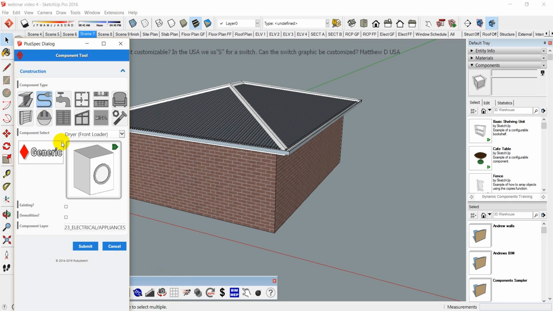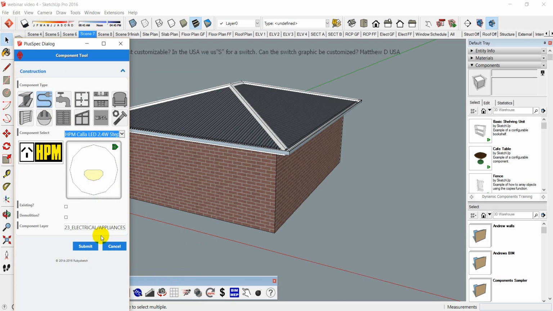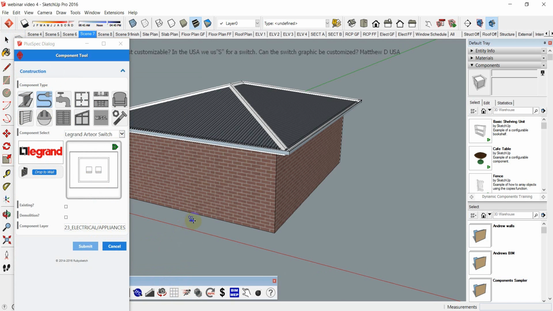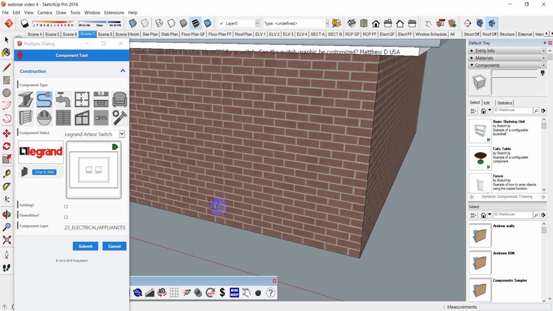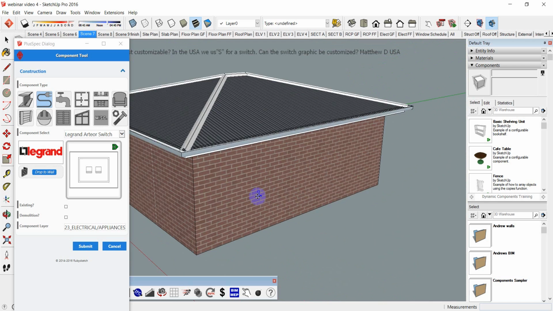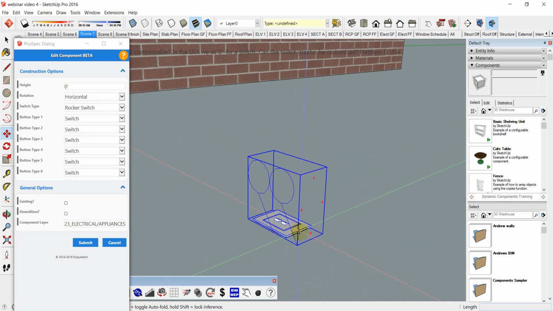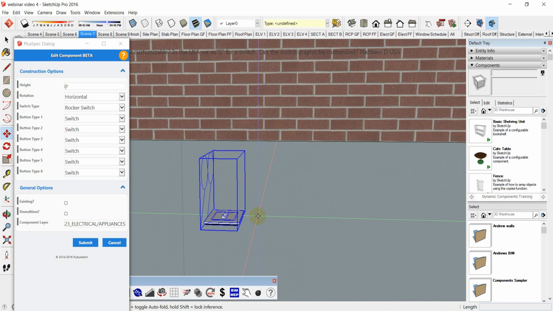I'll go to, say, a switch. Probably easy if I just do this. Say a switch, and I go submit. And I go and put my switch on this wall, say, or wherever I'm going to put it. I've got a lock component there. Put it on the floor. Okay, that switch there